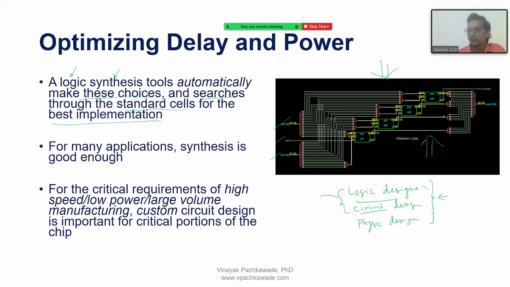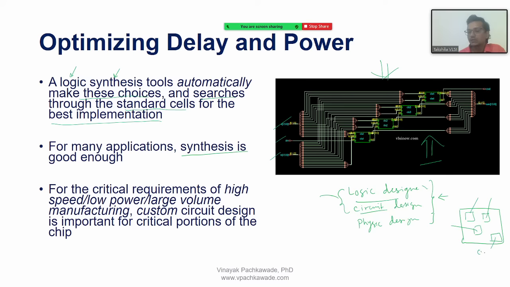Next step down is the transistor level circuit. For many applications nowadays, when the chip is being designed, the library of IPs is available. Usually that is foundry provided or custom made, and synthesis tools are very good, fast and efficient enough to automatically generate this. But for critical requirements of high speed or low power or large volume, you have like ASIC or system on chip. So for many of the blocks you are taking the help of logic synthesis tools, but there is some portion